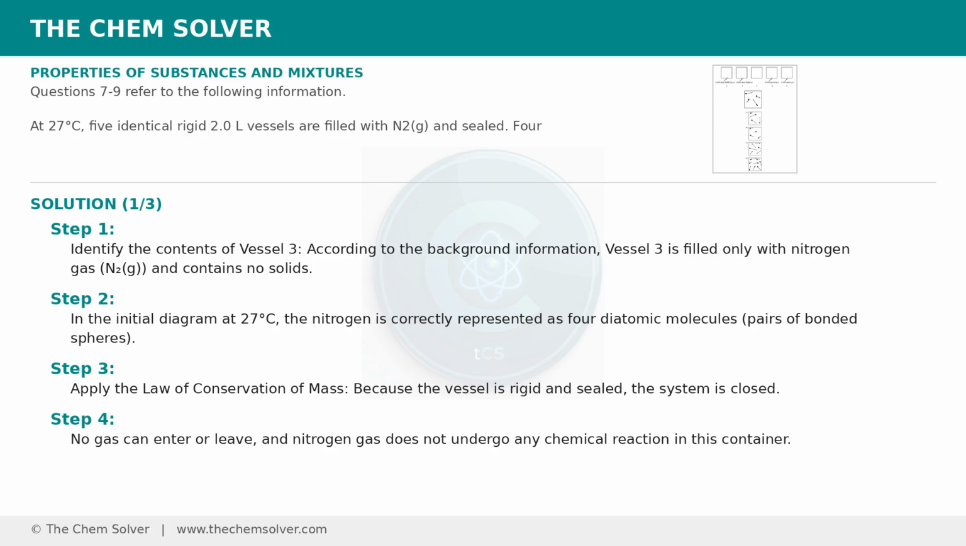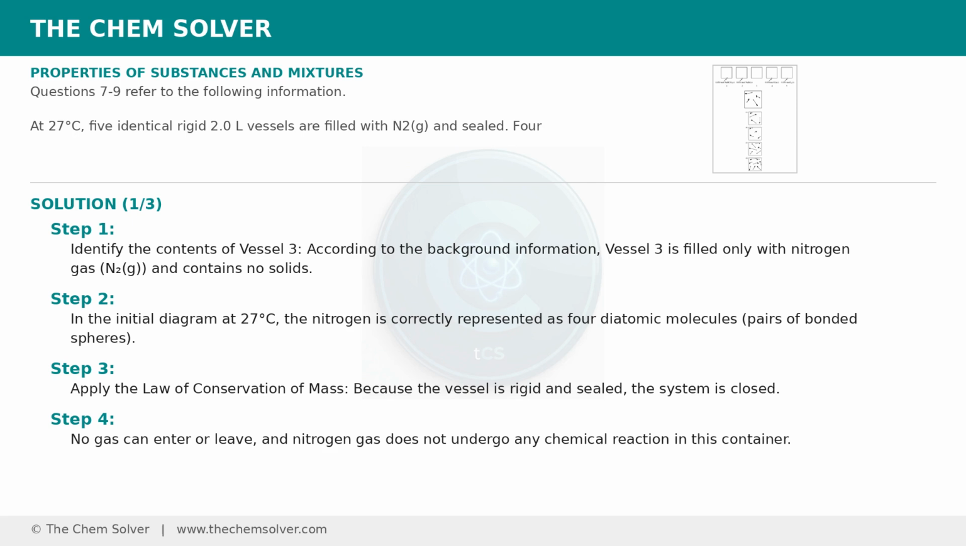Identify the contents of vessel 3. According to the background information, vessel 3 is filled only with nitrogen gas, N2, and contains no solids. In the initial diagram at 27 degrees Celsius, the nitrogen is correctly represented as 4 diatomic molecules, pairs of bonded